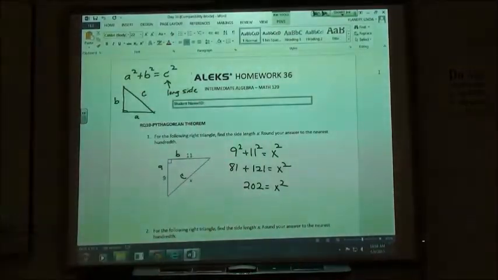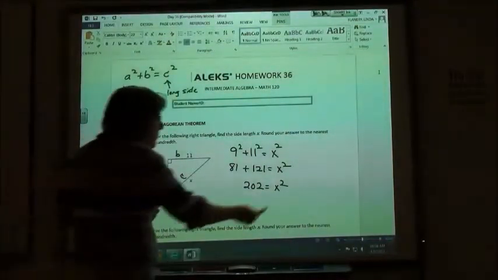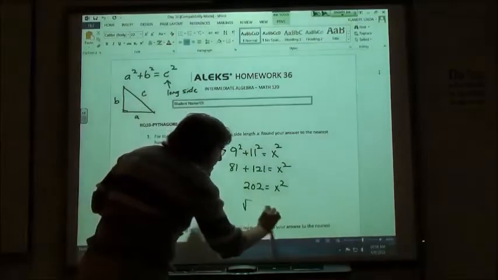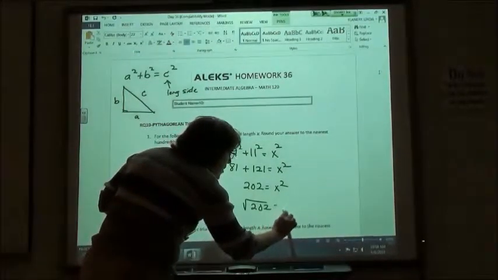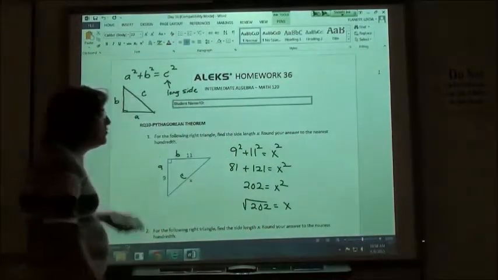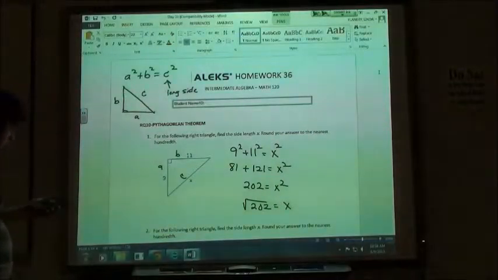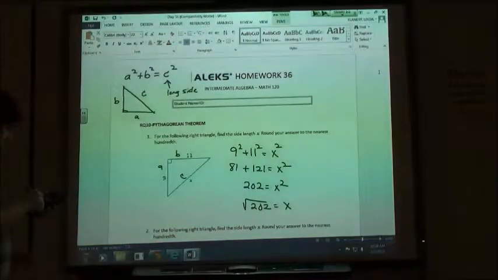Now we need to solve that for x instead of x squared. So we do the opposite of squaring in order to solve that. The opposite of squaring something is taking the square root. So in order to find x, we're going to do the square root of 202 on our calculator. So the square root of 202 gives me